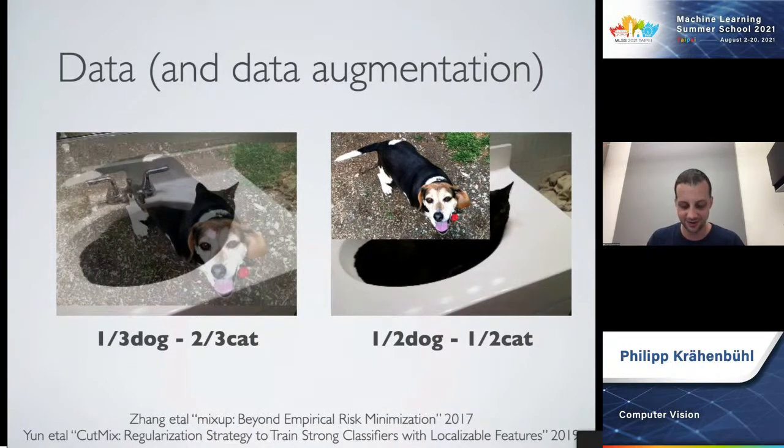A slightly less weird way of doing this is, instead of blending the two images, you can copy one image on top of the other. Then again, depending on the area the two images occupy, you can say this is like half cat, half dog. What this does inside the network is make it robust to a wider range of weird images. You would never see this image at testing, but this image might be closer to a new dog that you have not seen in your training images. And so that's why this works.